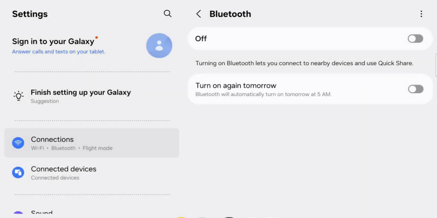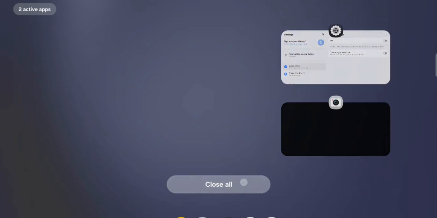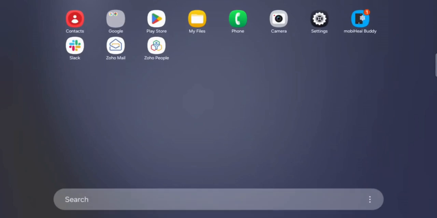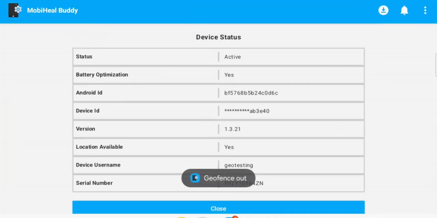Now, we'll observe what happens when the device moves outside the authorized geographical boundary. As soon as the device exits the secure geofence area, MobiHeal instantly detects the location change and dynamically switches the active policy. A notification appears confirming that the geofencing policy has been updated, while an audible security alert siren is triggered on the device. This immediate response notifies the user that the device has transitioned from the secure inner policy to the outer policy environment.